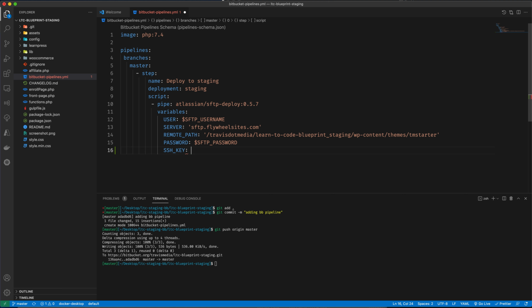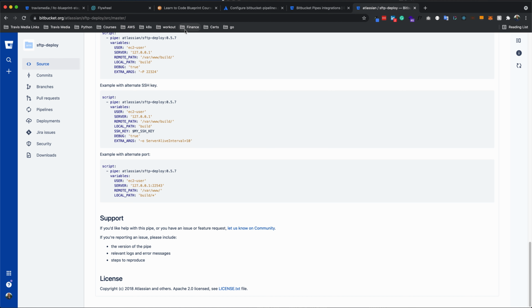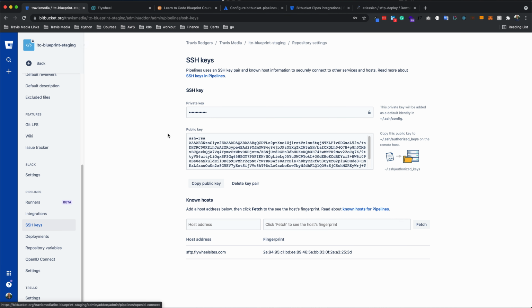Well, I had to do a little digging for this because I don't know the path. I guess I could paste my key in here, but I don't really want to do that. What I ended up doing was I checked this out earlier, and I did a cat, which on Linux lists out stuff in your terminal. I did a cat to the SSH config. So if we go back here, it says, this private key will be added as a default identity in SSH config. So what I did was, in this build pipeline,